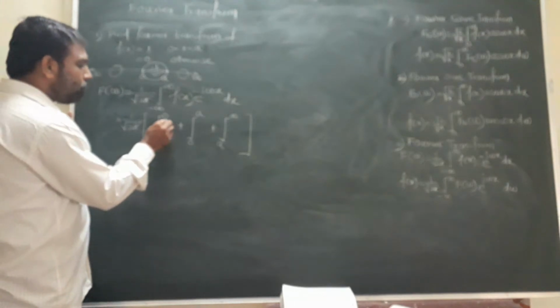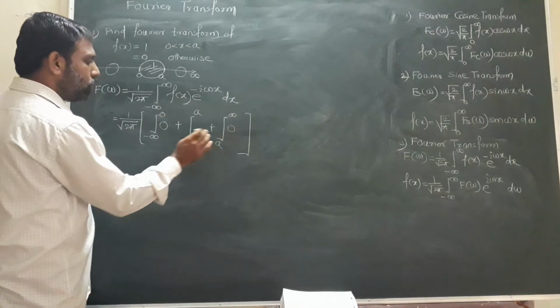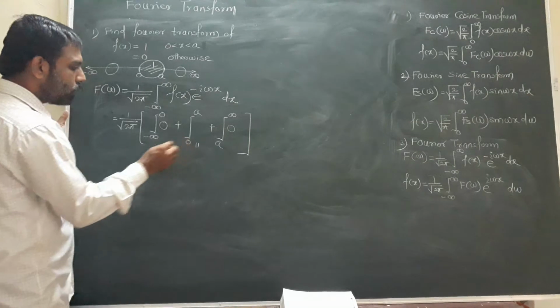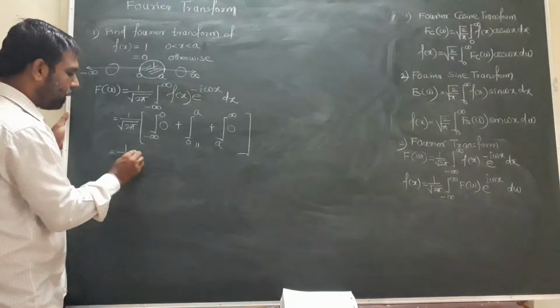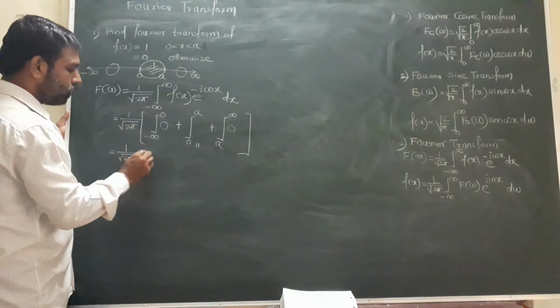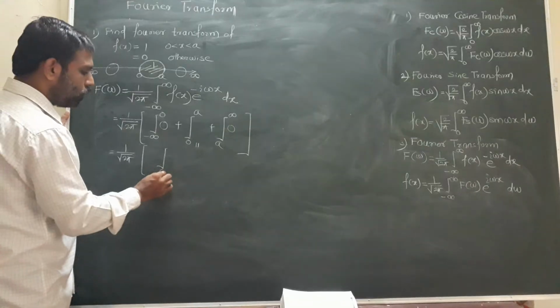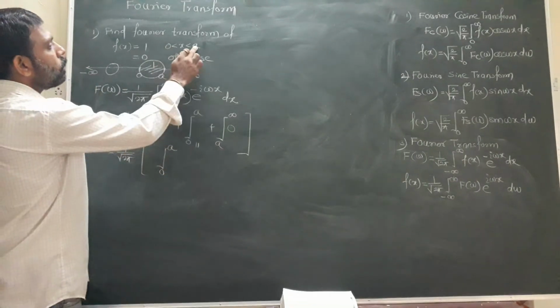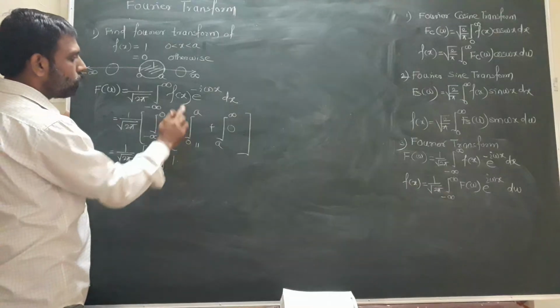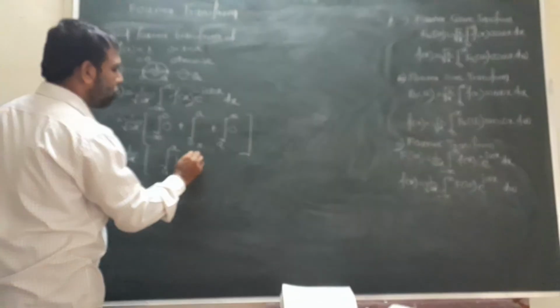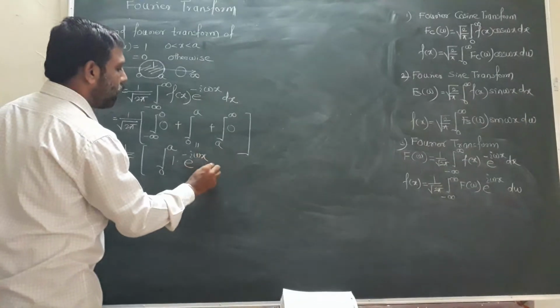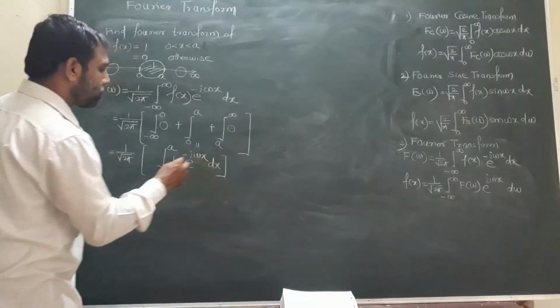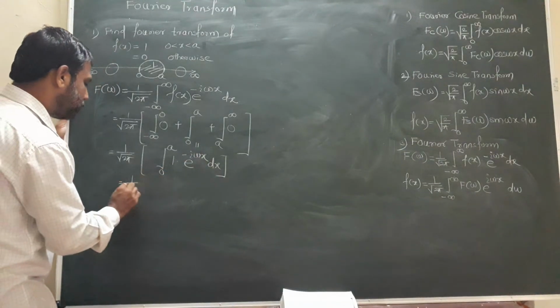Now in the first and third parts the function is 0, so we only have to discuss the second integral part. So I will write down only that part, 0 to a. The function is 1, e raised to minus i omega x dx, which is equal to